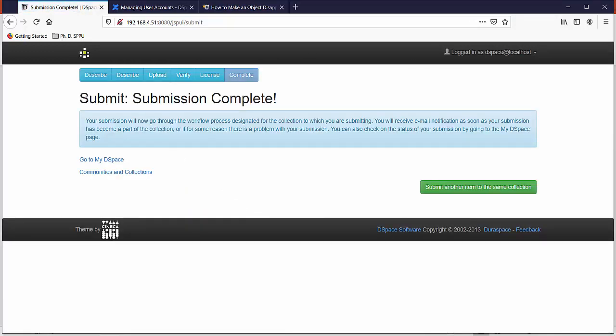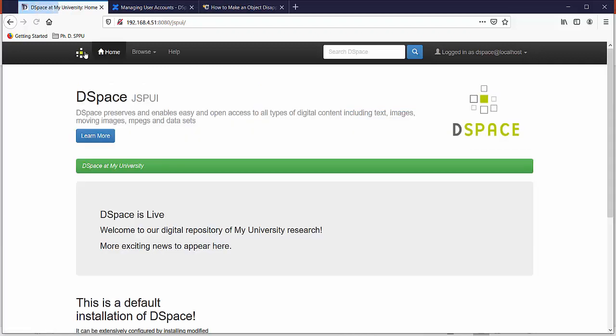Okay, look, a message is appearing, submit, submission complete. Okay, you may click submit another item to same collection button if you want to submit another item in teacher's presentation collection. Okay, just click DSpace logo to go back to your repository.